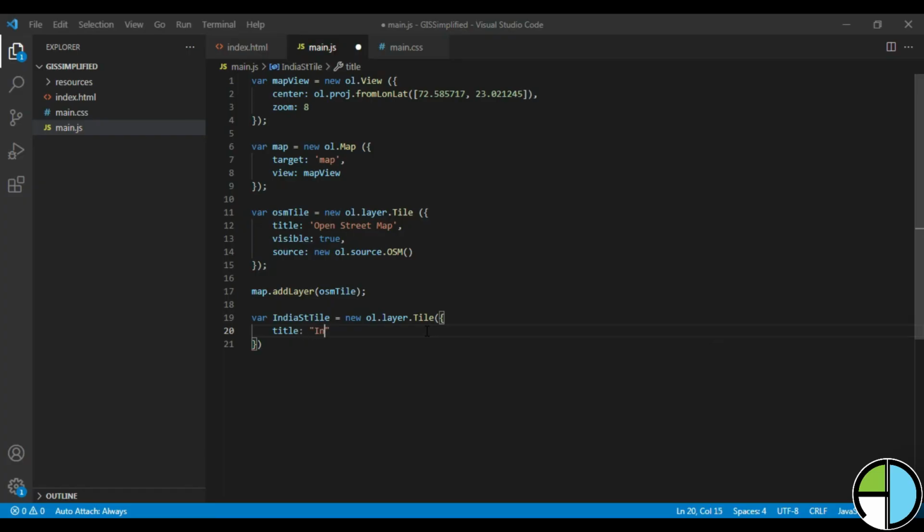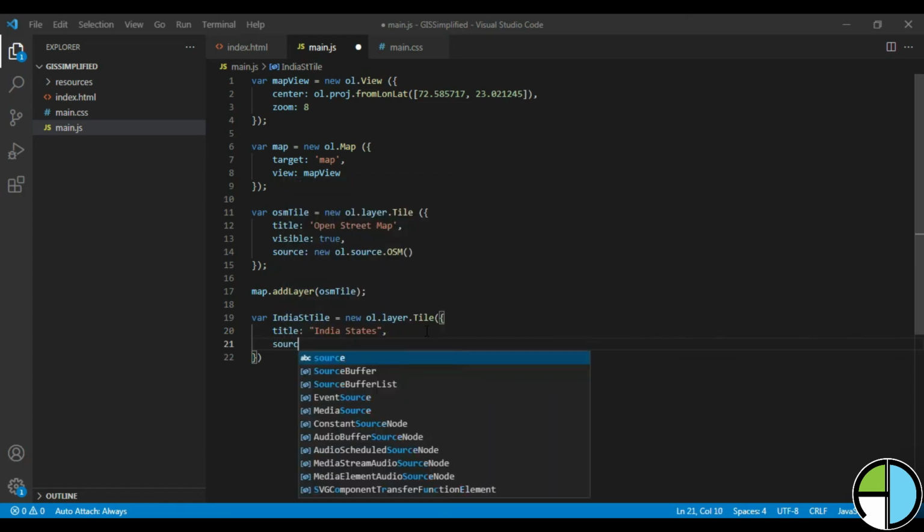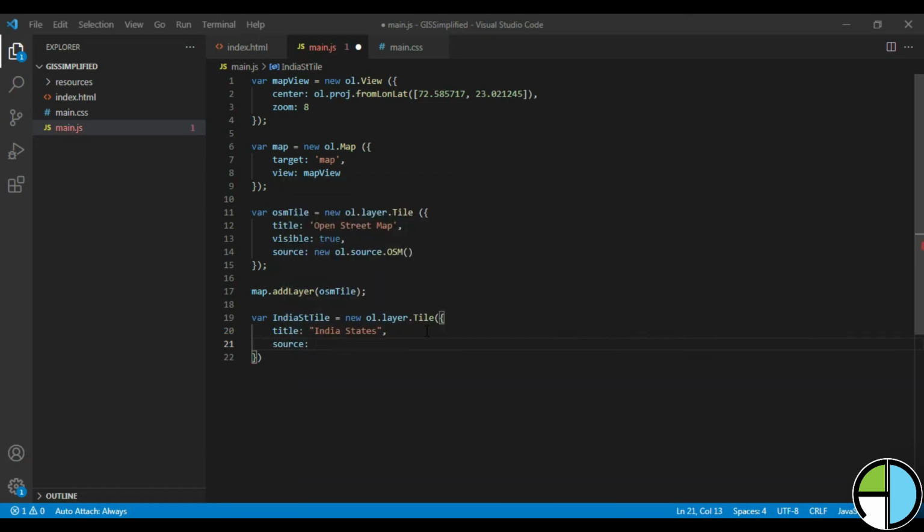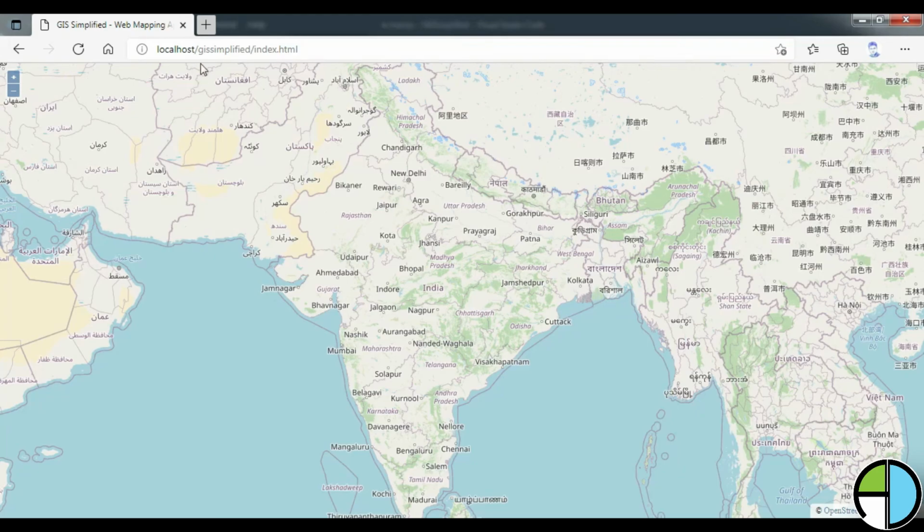So title again I am giving India states, and then I have to give source. This is the difference between OSM and this particular local GeoServer WMS file. So ol.source.TileWMS, which is a WMS service I will consume from GeoServer. So URL I have to fetch from GeoServer.